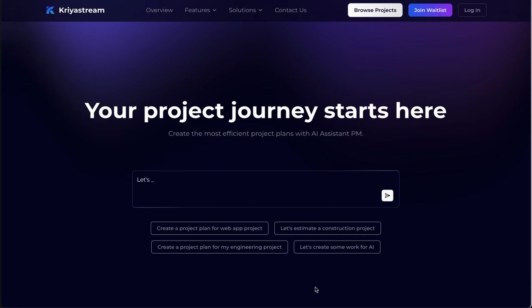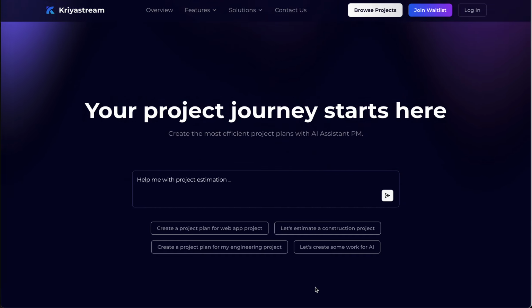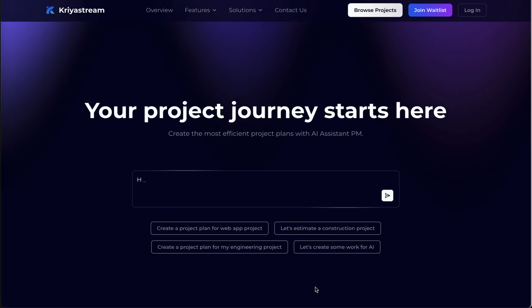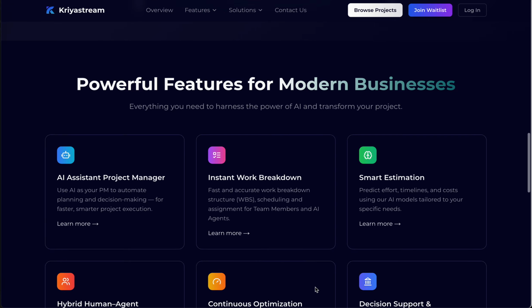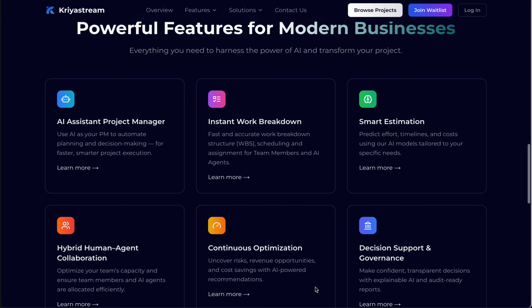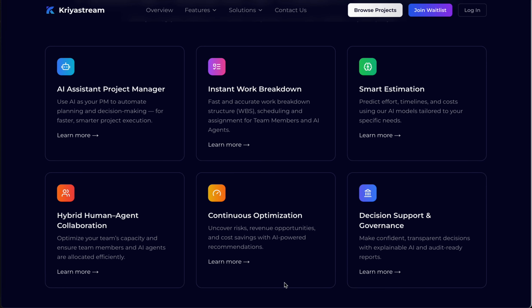To a first look at Kriyastream, a Cursor-like product for PMs, whether you're a product manager or a project manager. Our goal was to give you a very quick way to get started with building your projects and products. And the way we thought we would do that is give you an assistant PM that can help you with things like instant work breakdown, smart estimation, work assignments to both human and AI team members, and help you with